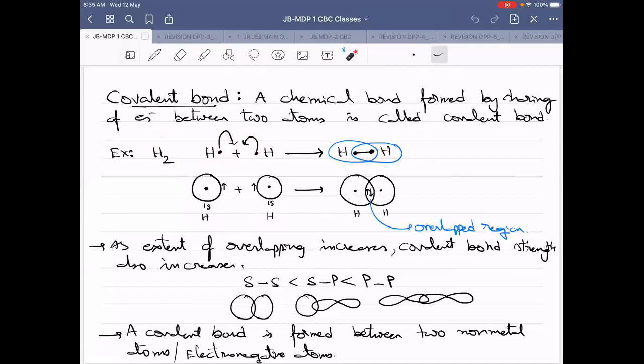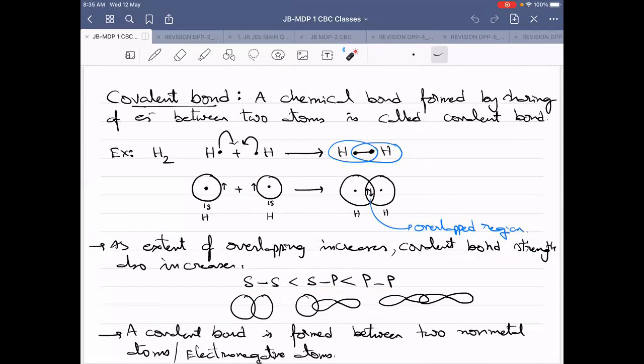This is the orbital diagram also, how a covalent bond is formed. The orbital having an electron with another atom's orbital having its electron will be overlapping. This is the region of overlap, where the maximum electron density of the shared electron pair will be present. And already I told you, the more the extent of overlapping, the more the strength of the covalent bond formed. And the order here is PP overlapping is more than SP overlapping, than SS overlapping. Got it? This is a point we have discussed.